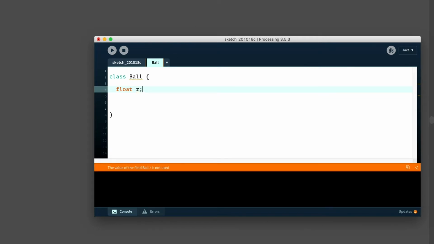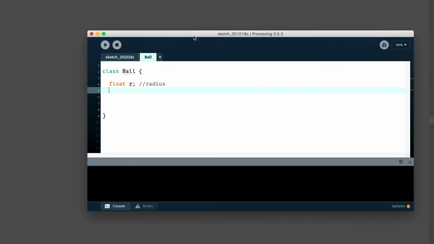So what I want to do is start with float r, which is going to be the radius. I know I've used diameter in the past, but because I'm thinking ahead about the distance between the two circles, the radius is that line from the center out to the edge of the circle. I'll be calculating that distance. So I'm going to use radius here, and then for size, or the diameter, I'll just do r times 2. That's going to give me the size of the circle.